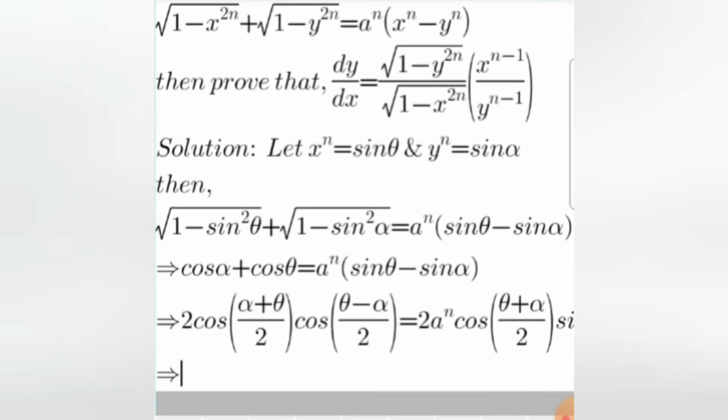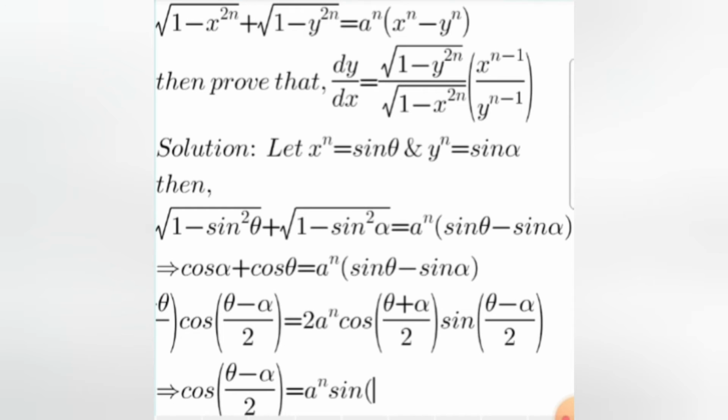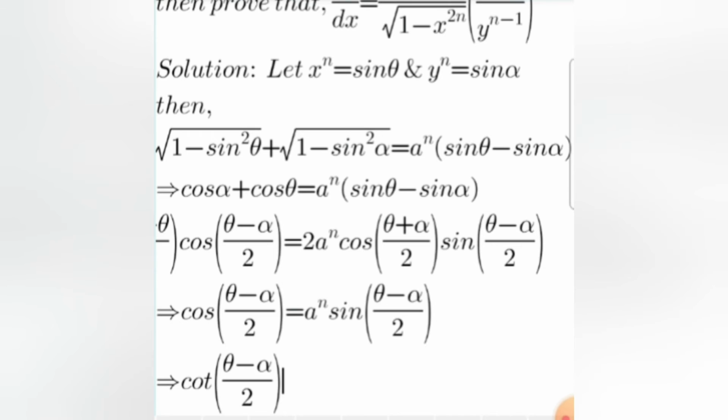This implies that we have left only cos of theta minus alpha over 2 equal to a to the power n into sine of theta minus alpha over 2, implies that cot of theta minus alpha over 2 is equal to a to the power n, implies that theta minus alpha over 2 is equal to